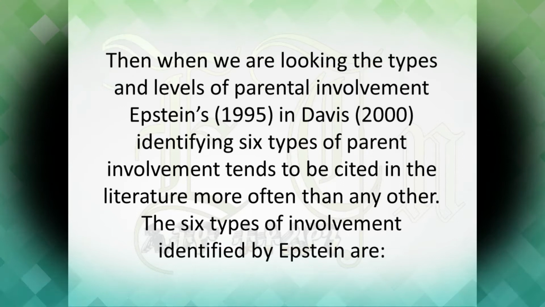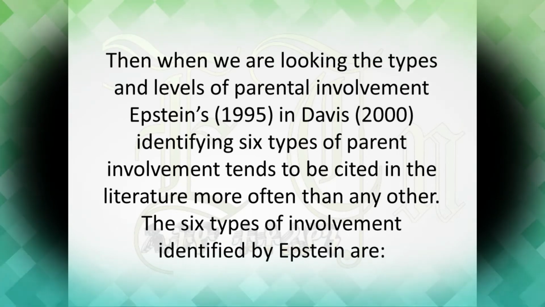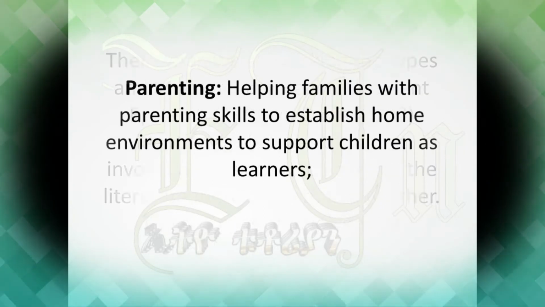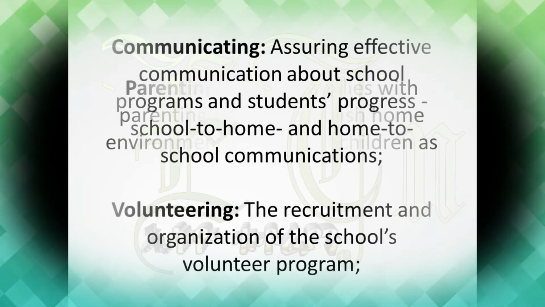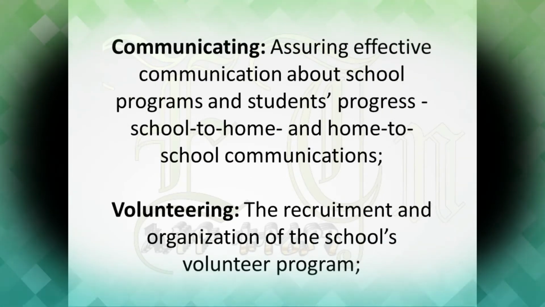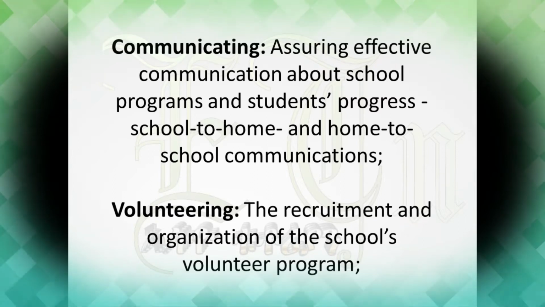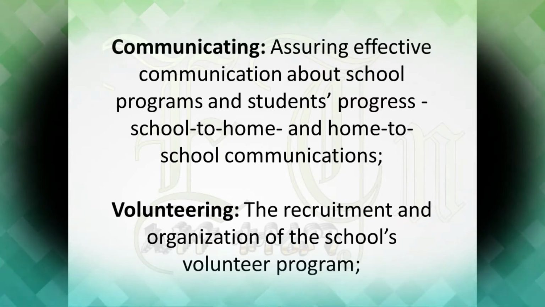The 6 types of involvement identified by Epstein are: parenting, helping families with parenting skills to establish home environments to support children as learners; communicating, assuring effective communication about school programs and students' progress, school-to-home and home-to-school communications; volunteering, the